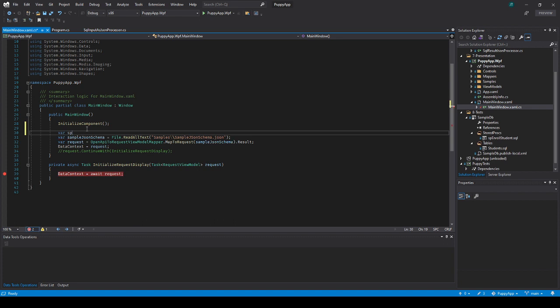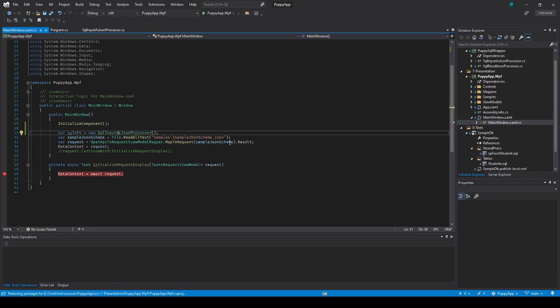So we're gonna call this sp info, new processor, and then we're gonna click here to get a reference to SQL wrapper, which is our project. Our project contains the SQL related things. And Visual Studio is adding the reference. So we're gonna put sp info, and then we're going to get, instead of doing this from the file system, we're gonna get the JSON schema for the stored procedure,